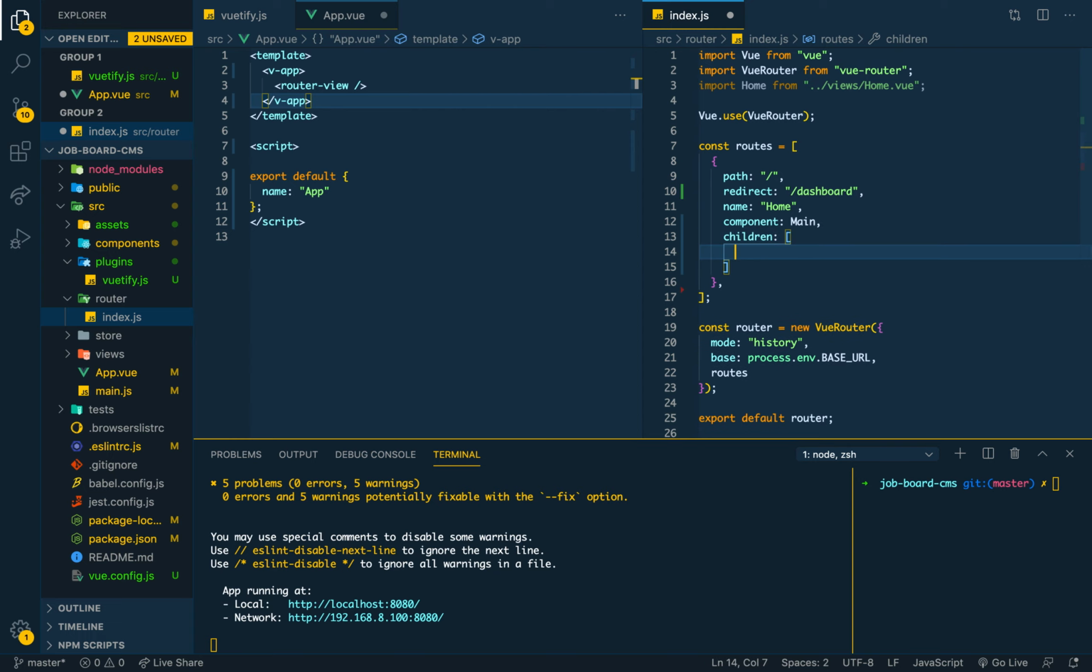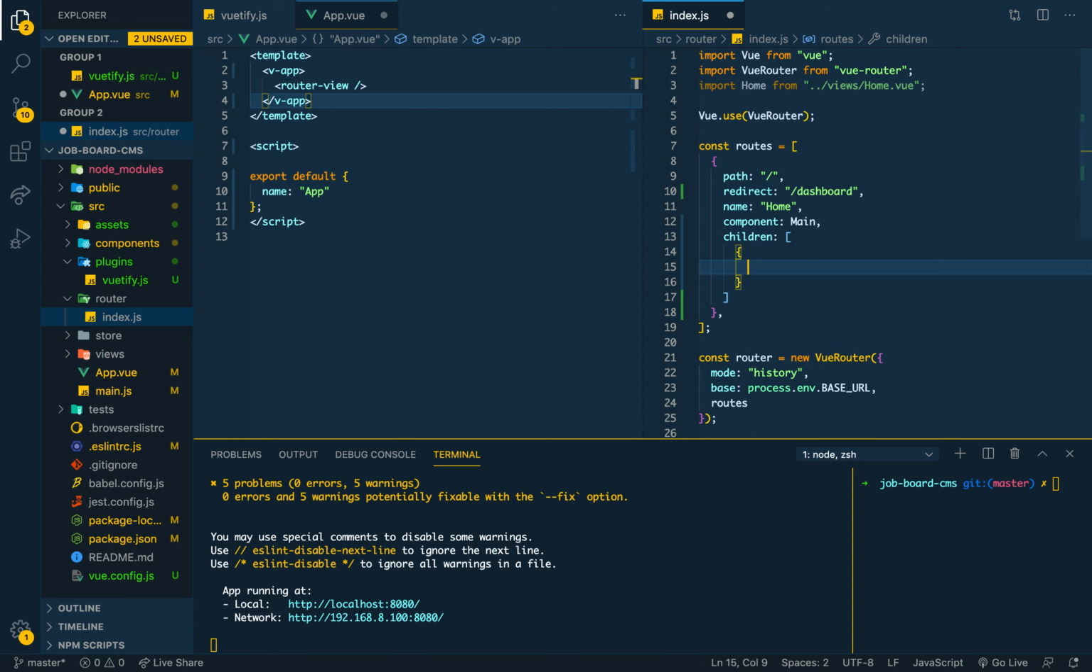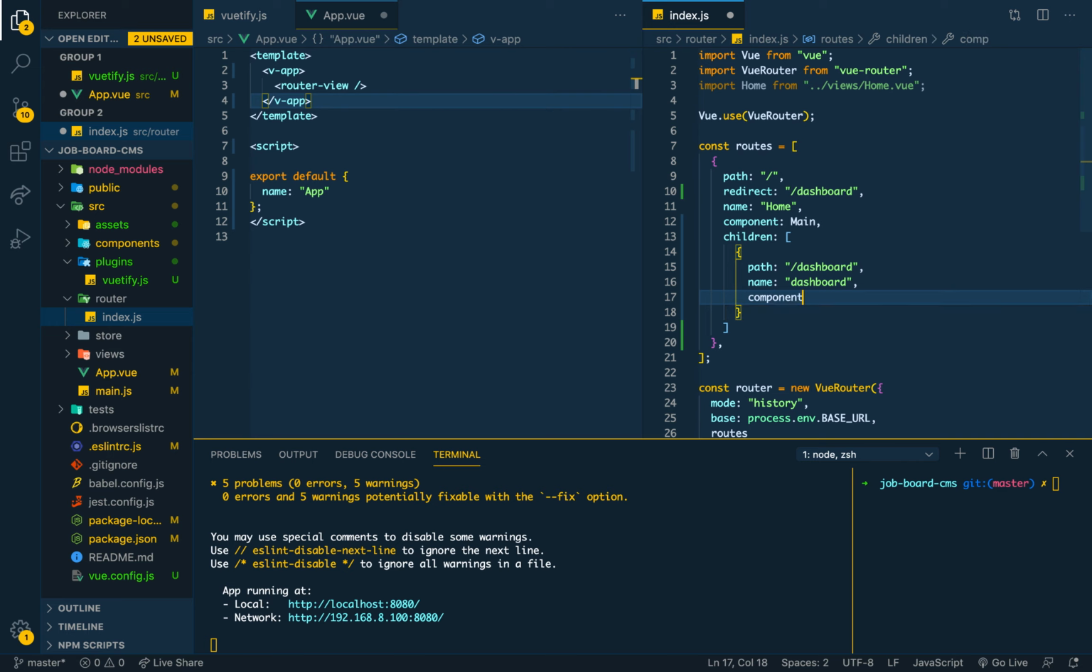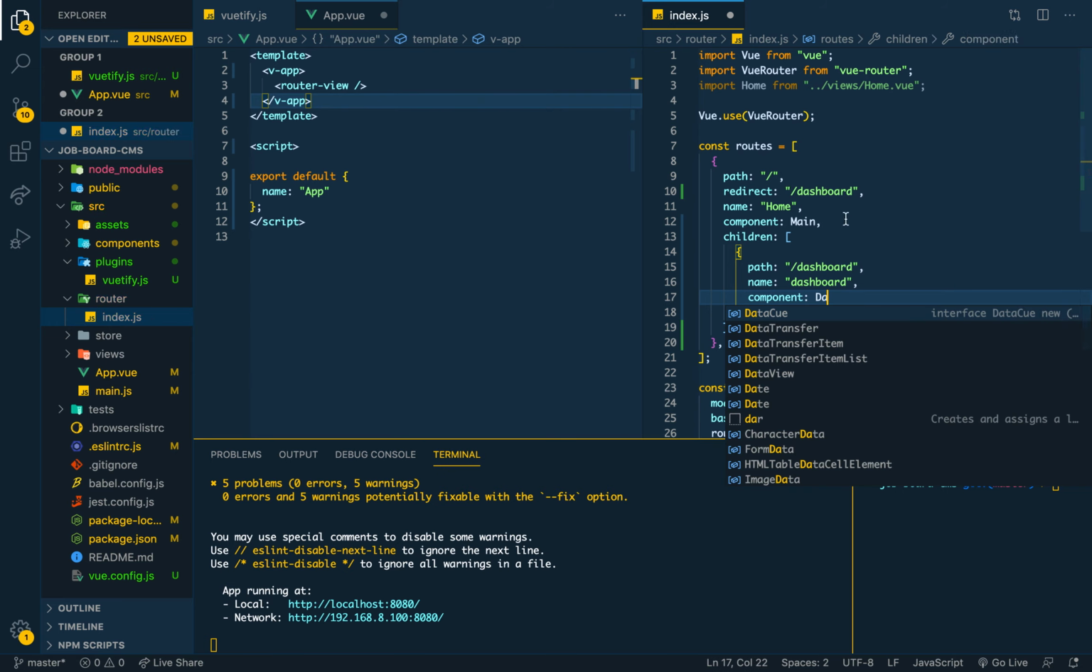It's an array, and then an array of objects, and then we have the path. So the path is going to be the dashboard, and the name is going to be dashboard, and then the component that is going to render this dashboard is called dashboard. Okay,